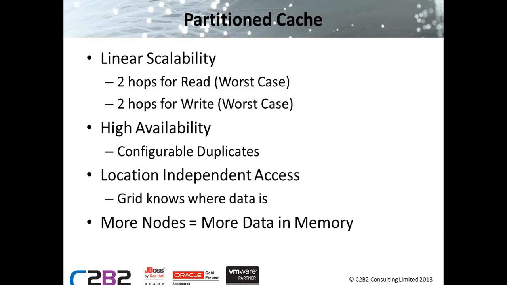So we get linear scalability, we get high availability of our data. We also get location independent access. As I've shown in the animations, it doesn't matter which node in the cluster the application is talking to when it does a get. Oracle Coherence will pull the data over from the correct node, the one hosting that data, and send it to